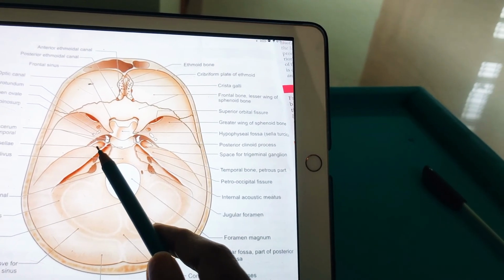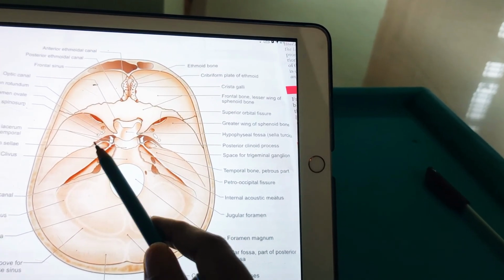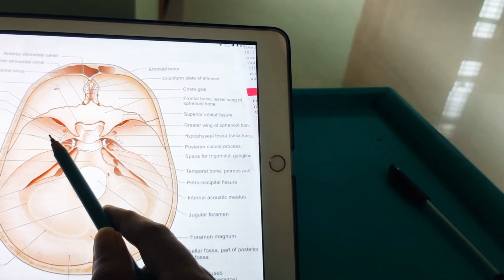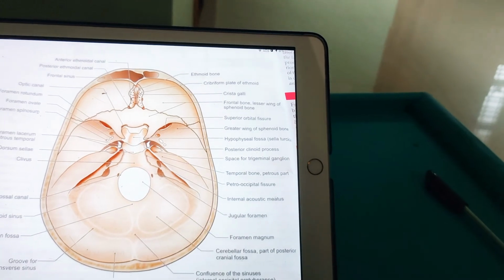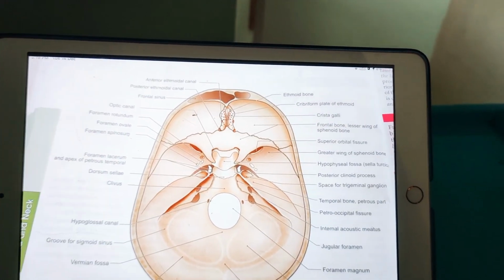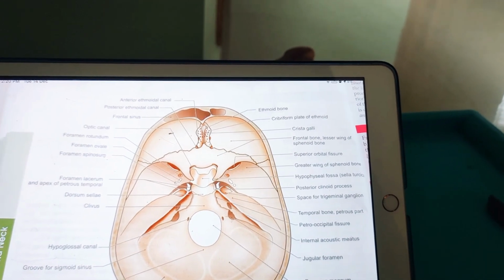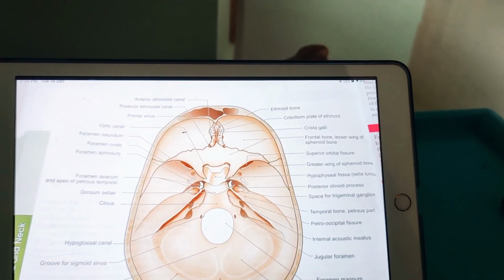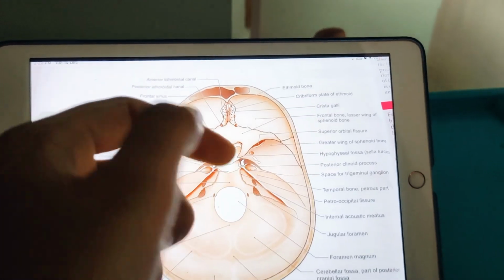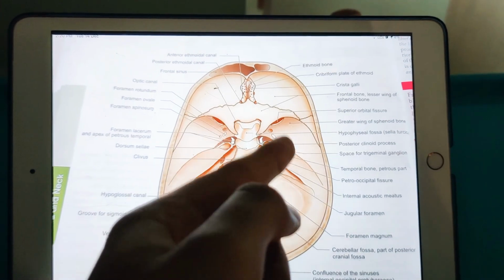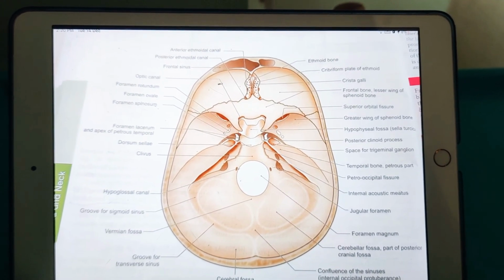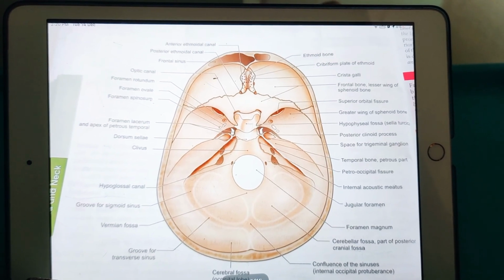Next coming to the cerebral surface of the squamous temporal bone. The squamous temporal bone has a cerebral surface and grooves for branches of the middle meningeal vessels. So finally, coming to the clinical anatomy of the middle cranial fossa. Fracture of the middle cranial fossa will produce bleeding and discharge of CSF through the ear. If the anterior cranial fossa is damaged, then there will be bleeding through the nose. If the middle cranial fossa is damaged, there will be bleeding through the ears. That is the CSF discharge by the ears.